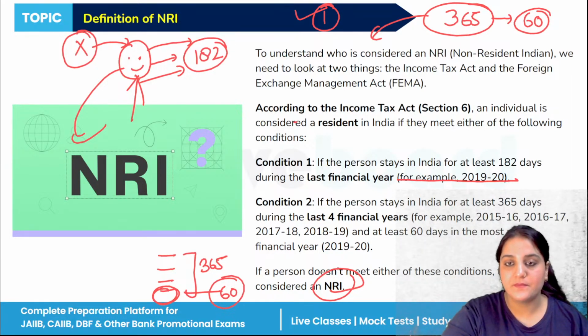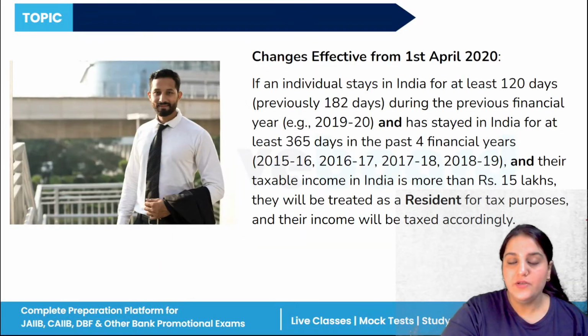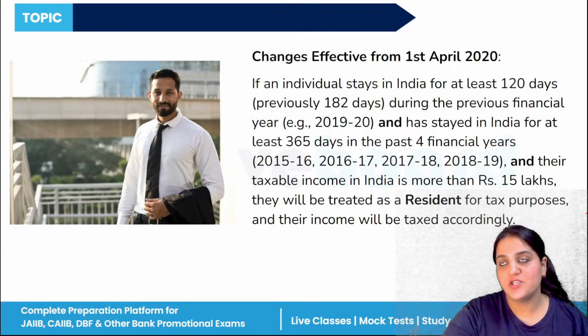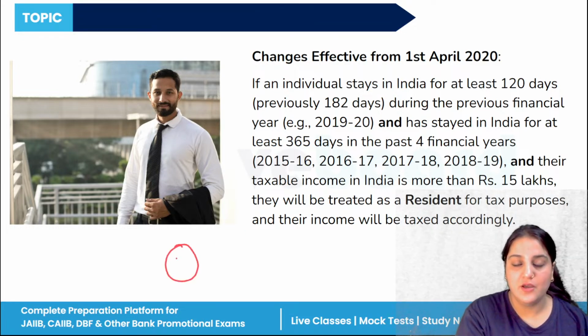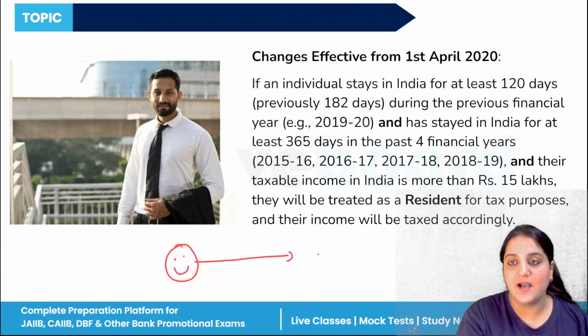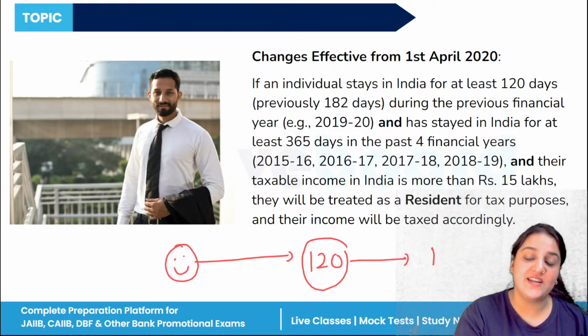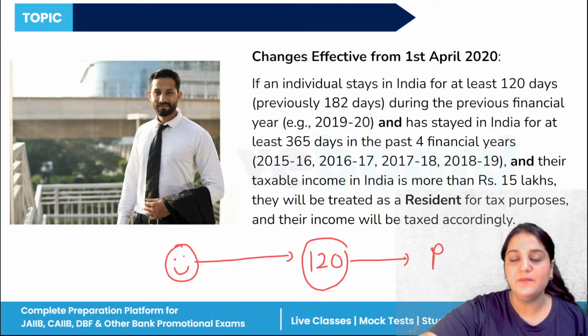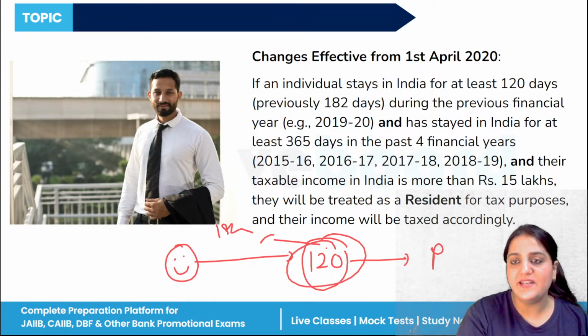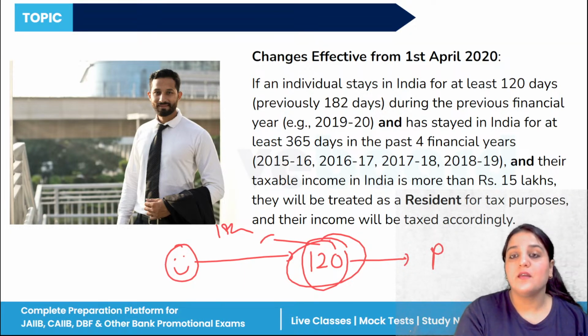Clear? Now some changes are there which are effective from 1st of April 2020. If a person who is living in India for at least 120 days during the previous financial year, last financial year, previously this limit was 182, now it is 120 days,